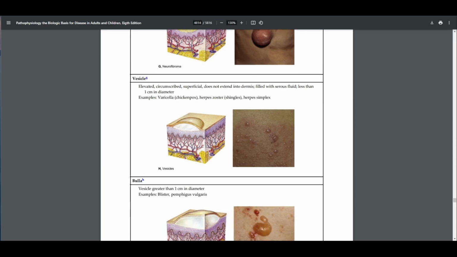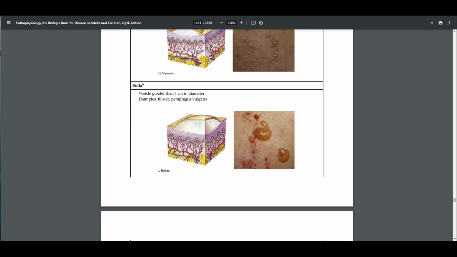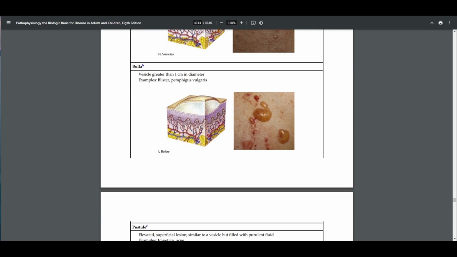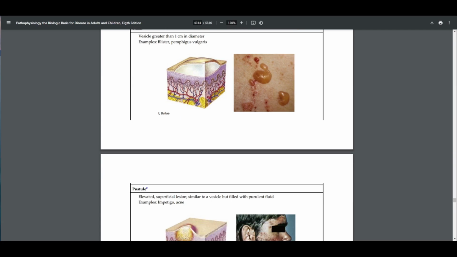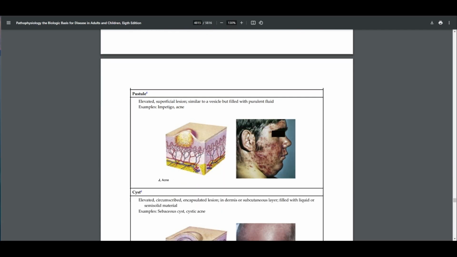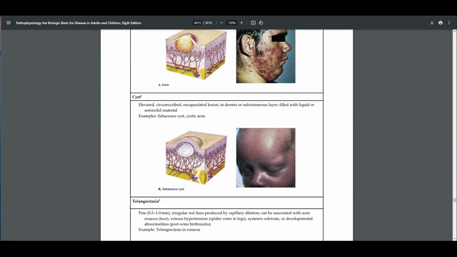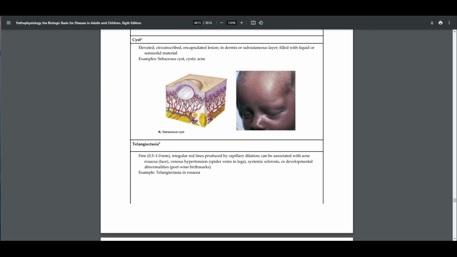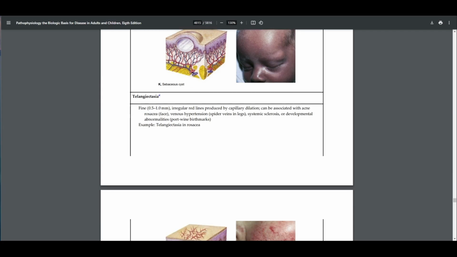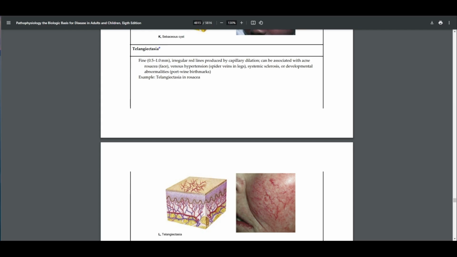Vesicles, a bulla, a pustule, a cyst, telangiectasia,